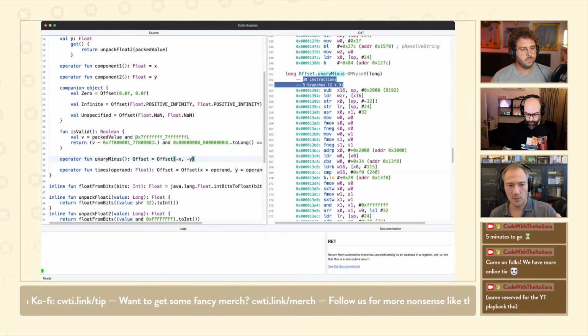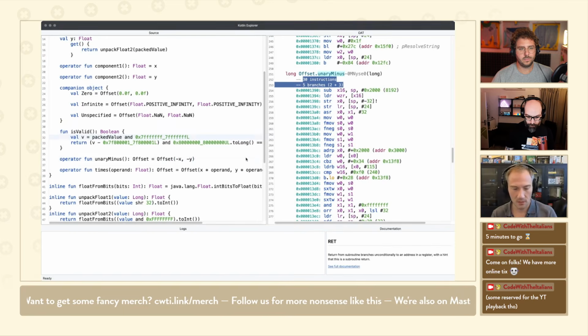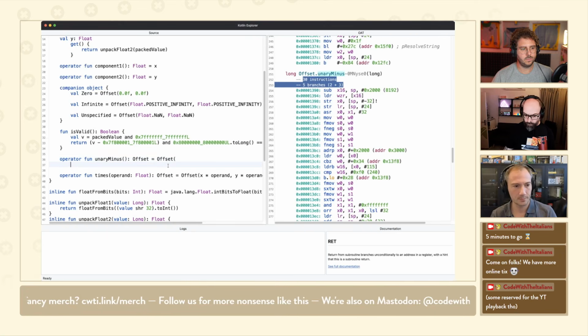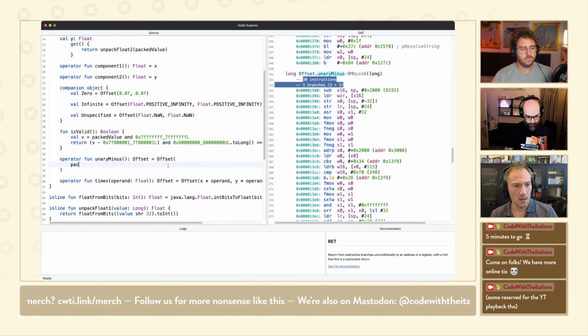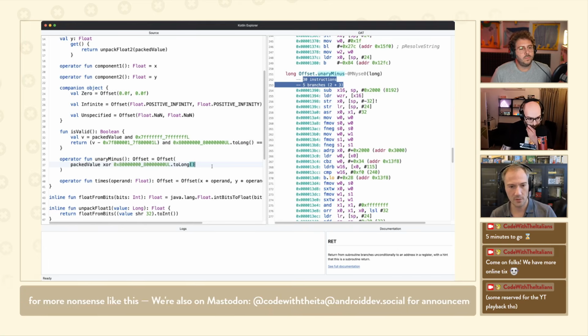But we know that our floats are encoded in a long, and we know that there's a bit that's the sign, right? So what we can do instead of doing that, we can do offset, we take our long, packed value, and we can XOR, however you want to call it, the sign bit of both numbers.